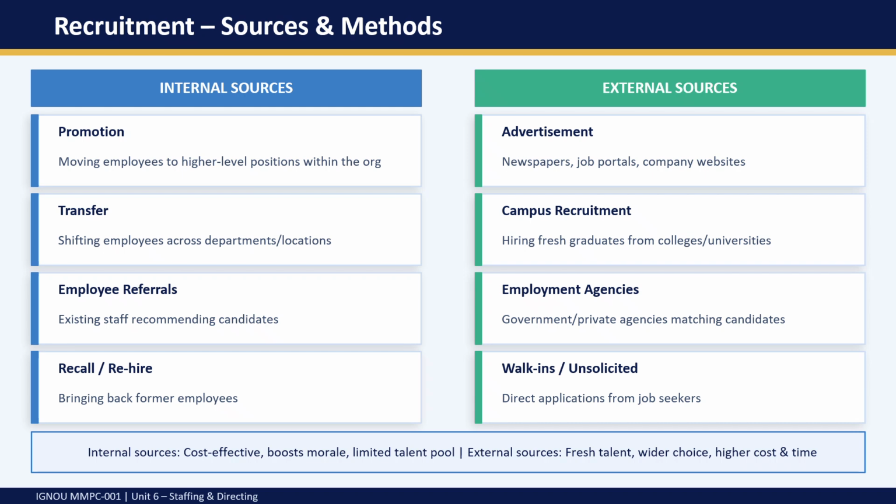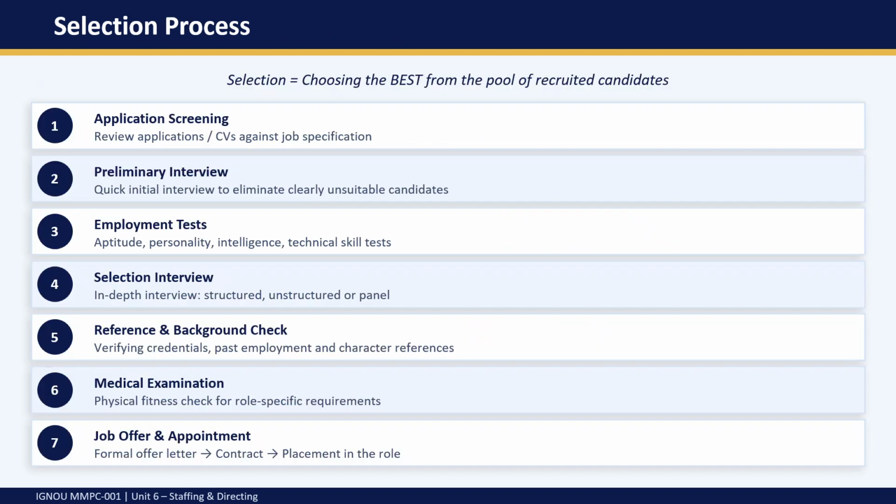Whereas external sources bring a wider choice and fresh perspectives, but come at a higher cost and take more time. Now let us look at the selection process, which has 7 steps. The process begins with application screening, where CVs and application forms are reviewed against the job specification to create a shortlist. Next comes the preliminary interview, a quick, informal conversation designed to eliminate candidates who are clearly unsuitable before investing